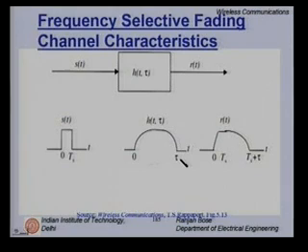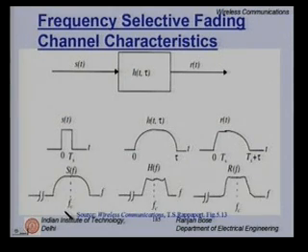This is clearer in the frequency domain. So, let us say S(f) represents the frequency domain representation of s(t). H(f) can be given like this, and if we multiply S(f) with H(f), we get a much distorted version of S(f). Clearly, the frequency selective fading has introduced distortions, and hence the name frequency selective fading is justified. It selectively fades some of the frequency components and lets go of others.